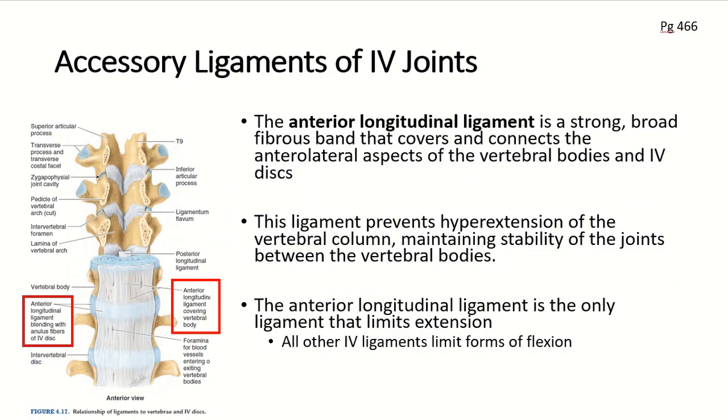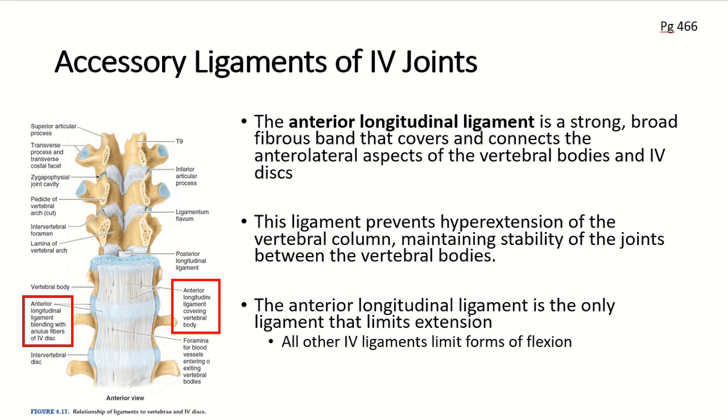So to move on to some much harder stuff, we're going to talk about the ligaments of the intervertebral joints, which of course are there to help the vertebra maintain its position and also for protection. The first one we should talk about is the anterior longitudinal ligament, and as the name suggests, it's on the front side, on the anterior side of the column, and it's longitudinal, which means it goes in the vertical direction. That's correct, from top to bottom.